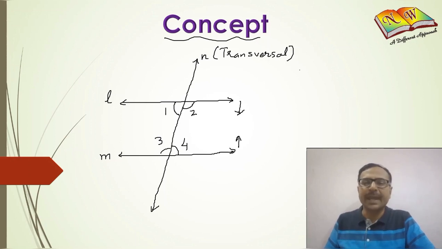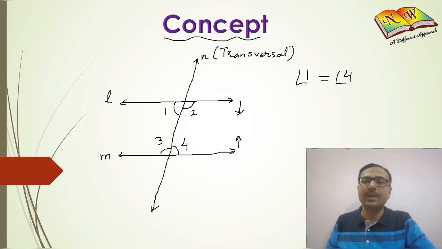Now, if you see angle 1, that lies on the left side of the transversal in the upper bunch, and angle 4 lies on the right side of the transversal in the lower bunch, and therefore they are known as alternate interior angles. If you draw such a figure and measure angle 1 and angle 4, they are going to